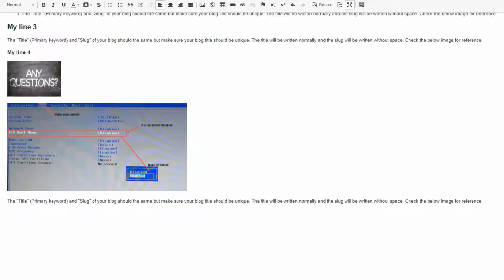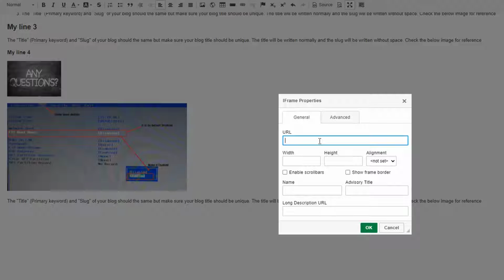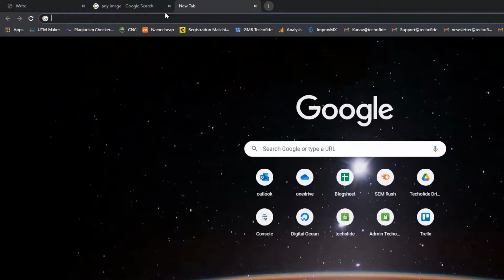Now let's move forward again. So now we have seen how to apply an image. Let's suppose you want to apply a video. Again, this is the same tag in front of you, just next to the image. Just click on video. Now again, it will ask for a video URL. So mostly, let's suppose you want to pick a video from YouTube.